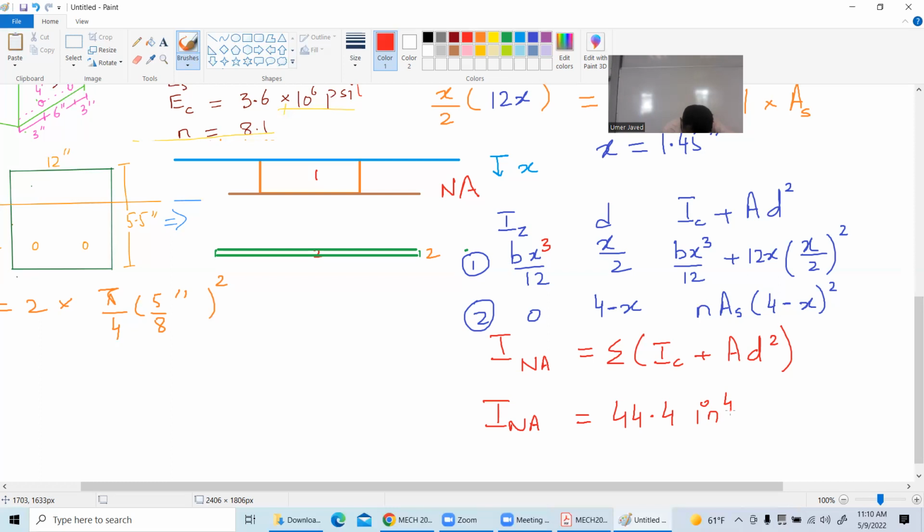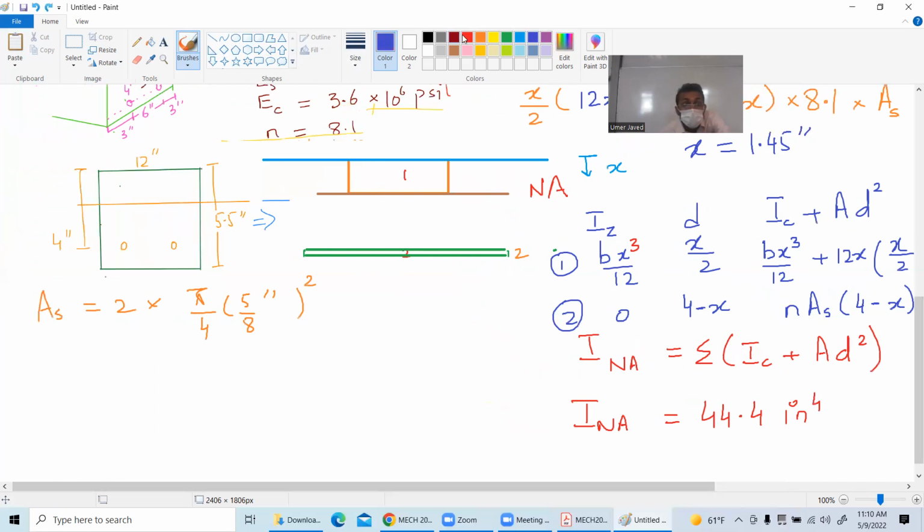Now that you have got it, finish the problem. So we have stress, sigma x, is equal to